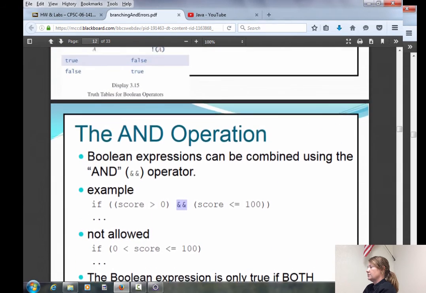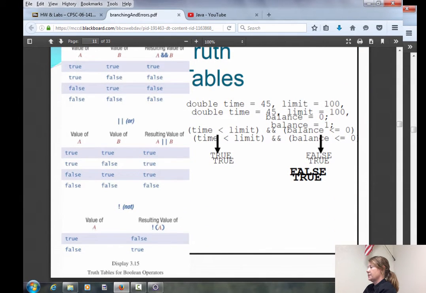All right. Now let's look at the OR operator. The OR operator works upon two Boolean expressions the same way. So when is the OR operator going to evaluate to true? If either one of the Boolean expressions is true, then the result is true. The only time it's false is if both of them are false. And then last but not least, our NOT operator turns true to false and false to true. So the NOT operator just switches it from false to true or true to false.